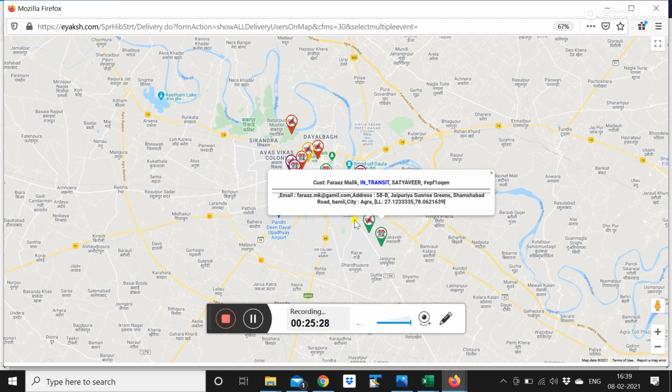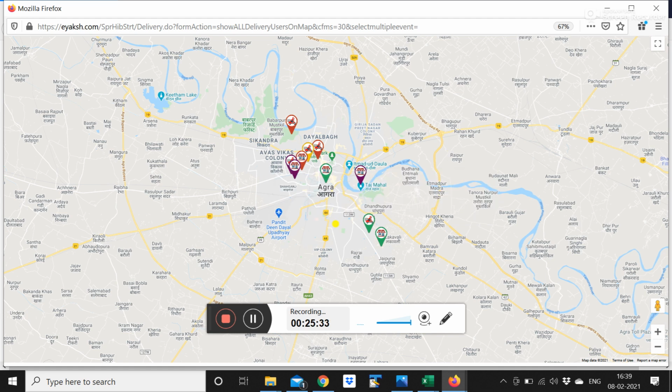So here is the customer Faraz Malik being served by Satyavir. So this is your open window for the day, which gives you a pretty good idea of what actions are going on in the field and where they are going on. The moment this is served by this Flebo, you can see the screen moving, he is slightly moving, you can see him move, right? This is very live captured, it is actually a live location, so you can see him moving.